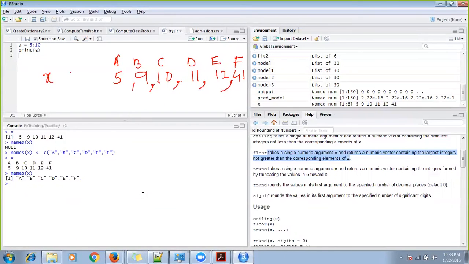Now let's say I know that the length of X is 6.